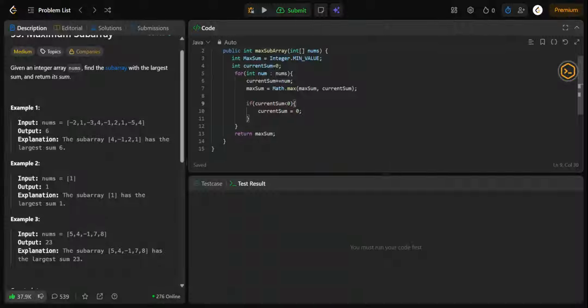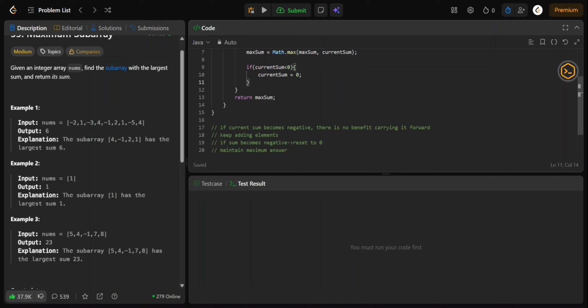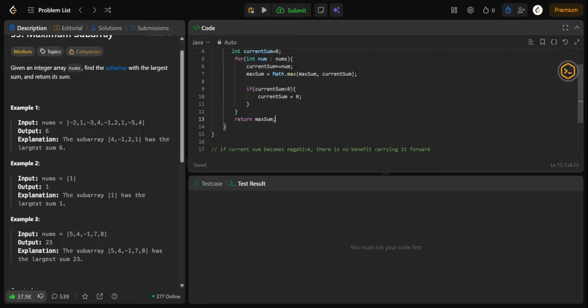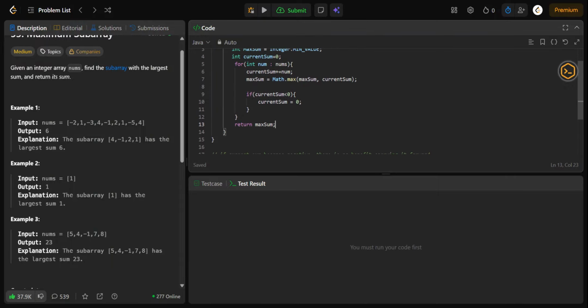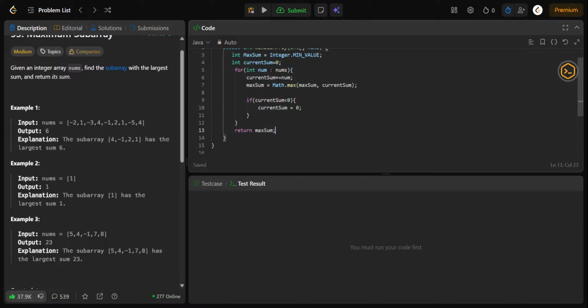We will also check that condition: if our current sum is less than zero, like if it has a negative number, okay, this condition that you can see here. Then simply initialize with zero. After that, once the iteration is over, we will simply return the max sum. Okay,